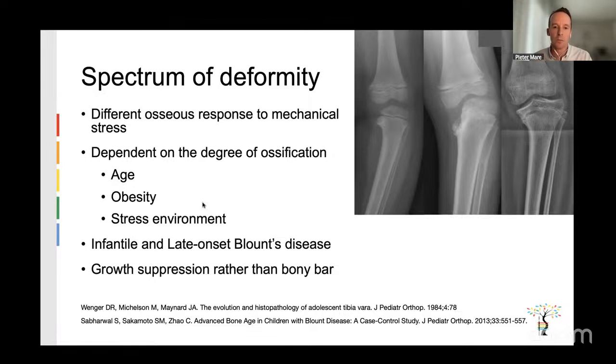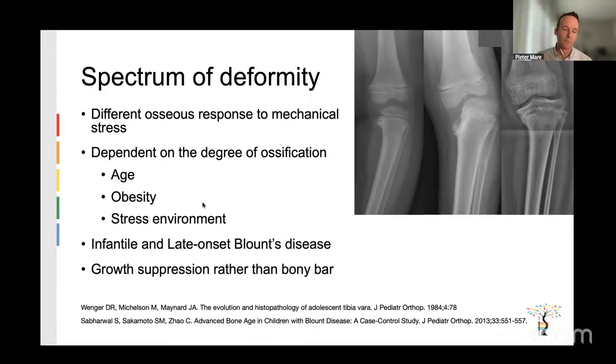I've put those images there just to show what a spectrum of disease these children can present with. The image on the left is of a 3-year, 2-month-old child with infantile Blount's disease. The central image is a child with infantile Blount's disease as well, so it started early, but the child presented to us late, and you can see the advanced distortion of the epiphysis and the metaphysis and the severe downsloping of the medial plateau. And the image on the right is late onset Blount's disease with much less extensive or severe